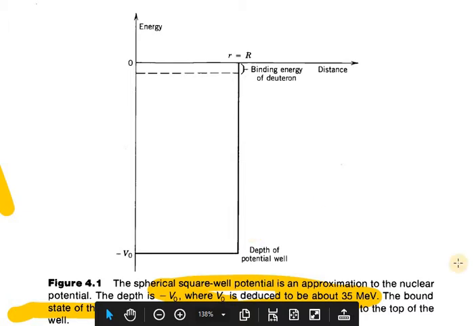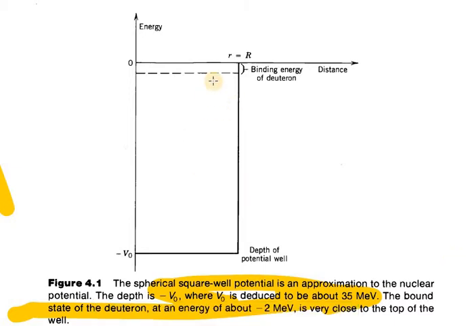The bound state of the neutron lies around minus 2 MeV. We have already seen the binding energy of the neutron is about 2.22 MeV. Now we can consider that the bound state of the potential well of the neutron is about minus 2 MeV, and the well length